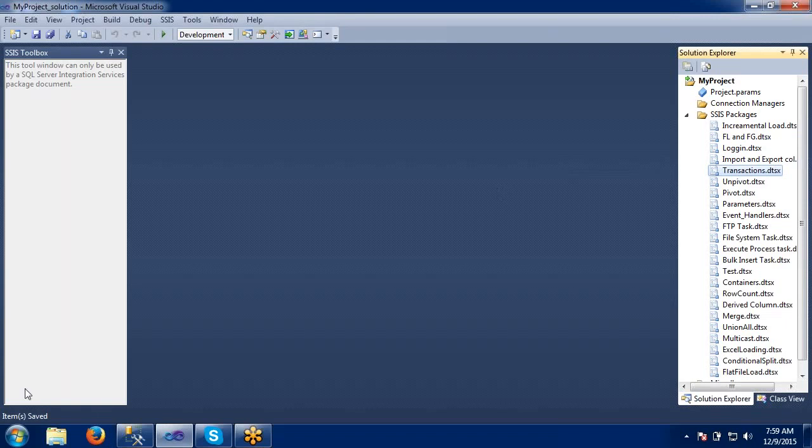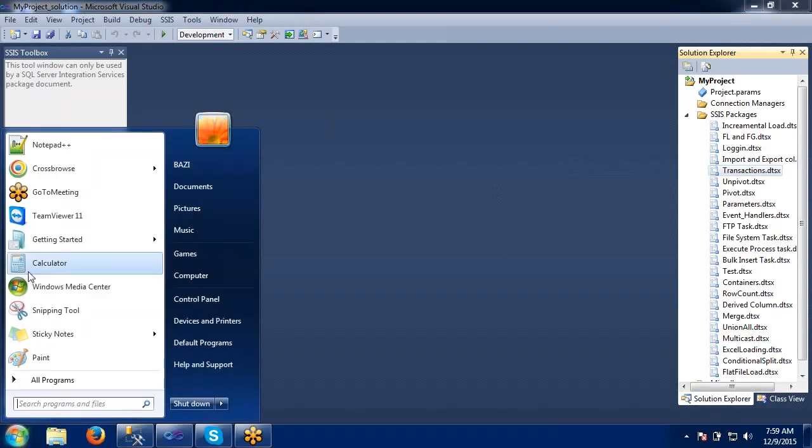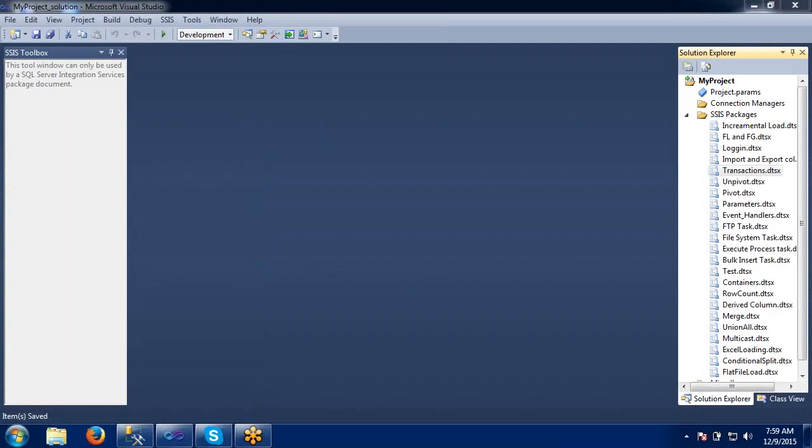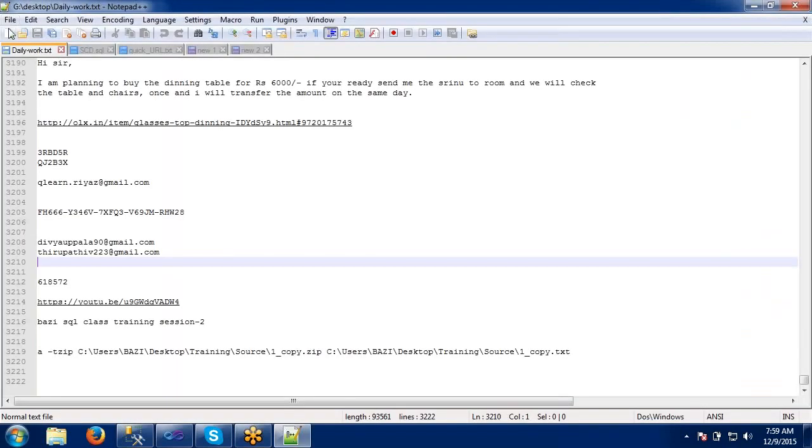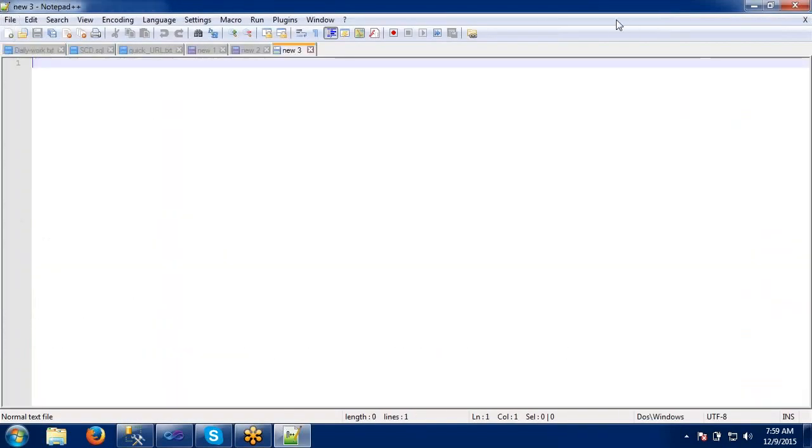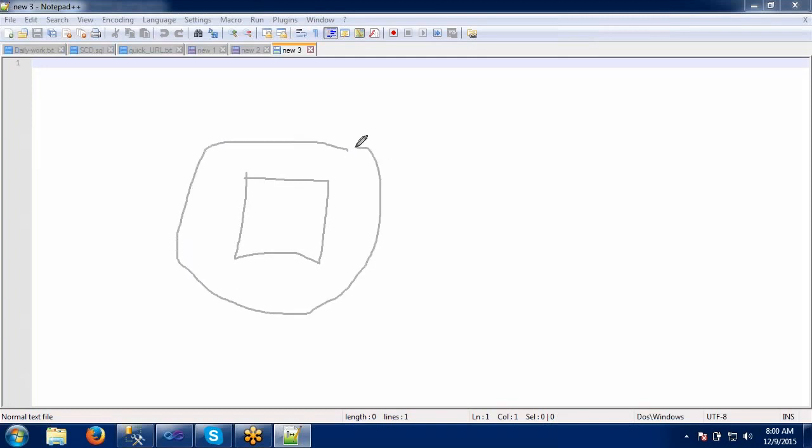Okay. So before that, how will it be useful? Let's see here. So let's say I'm having one package which is in some for loop actually.